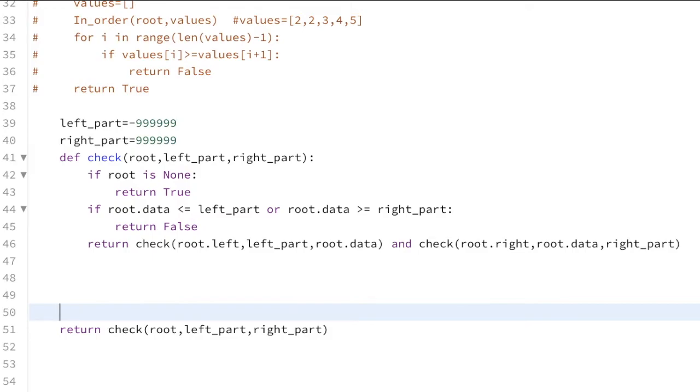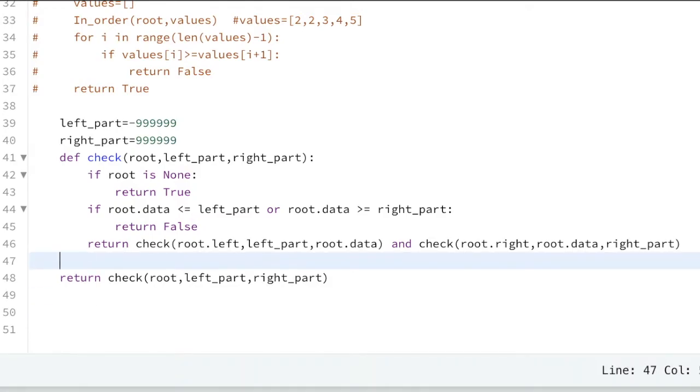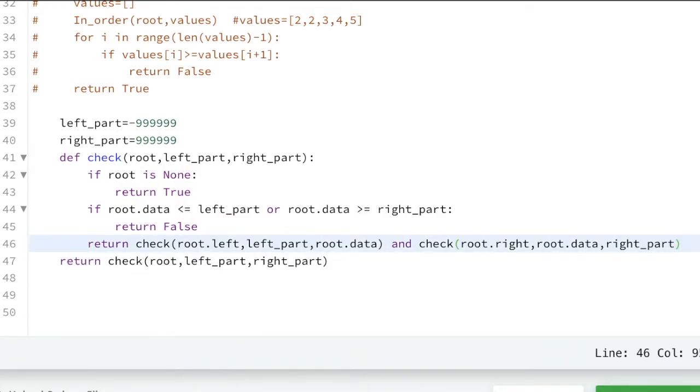So let me explain you here line by line using a recursive tree. There we have written three conditions. The very first one is, let me write over here, if root is none. This is our very first condition. If root is none, we are returning true, correct?